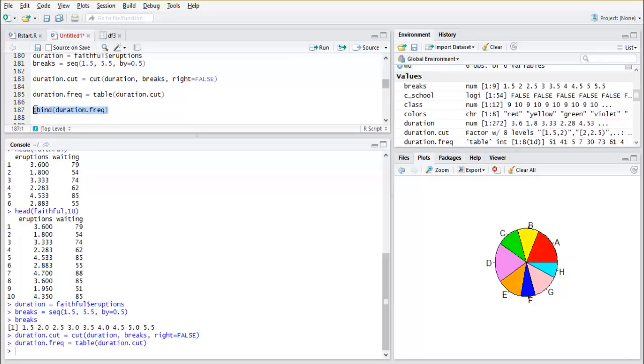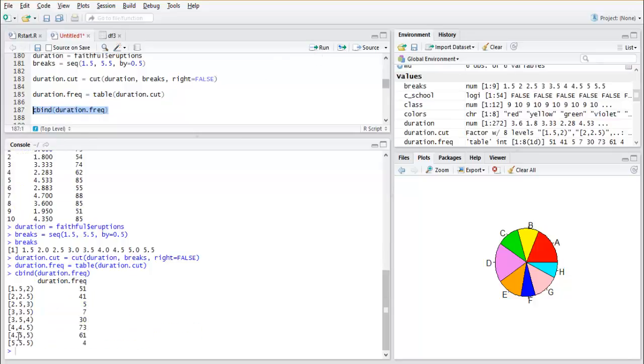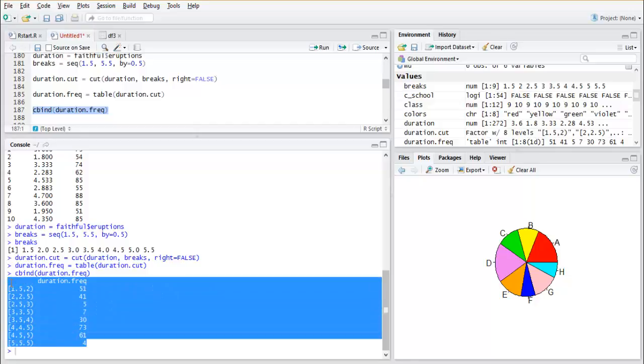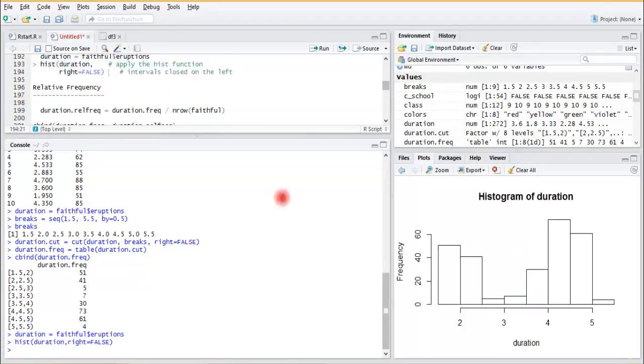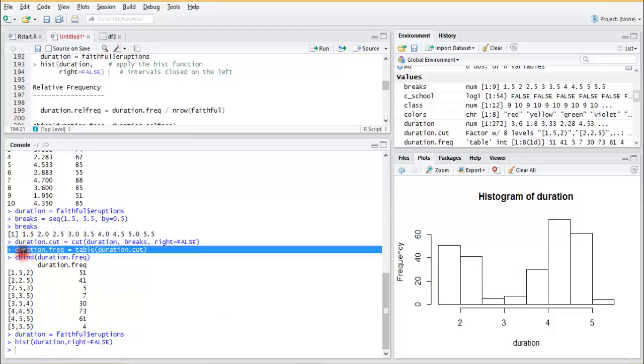Let's do a cbind and see. Cool. What it has done is it has taken the categories automatically and has done the frequency for us. So this is how we can take numerical data, convert it into categories, and generate the frequency table for the same. Similarly we can do the histogram as well, and this is the histogram. They have automatically broken this down into multiple categories. This is auto broken, but if you want to break it manually, we can also do this.